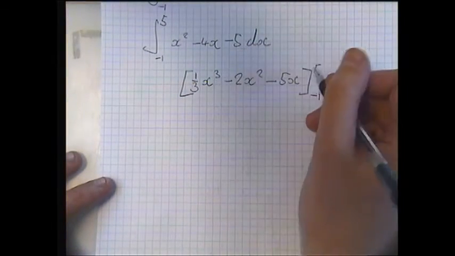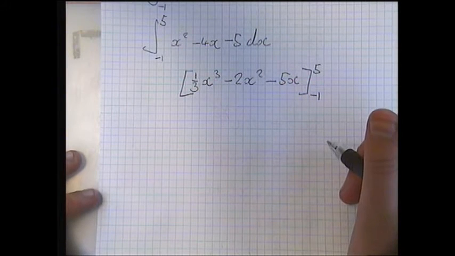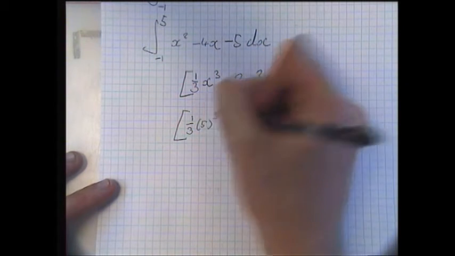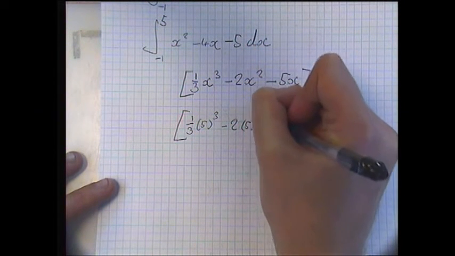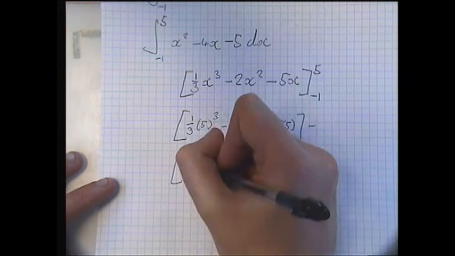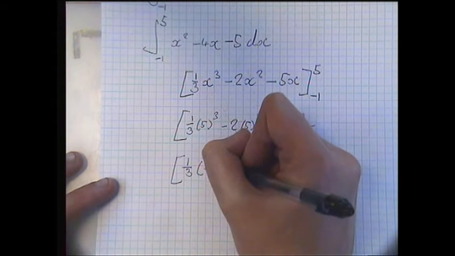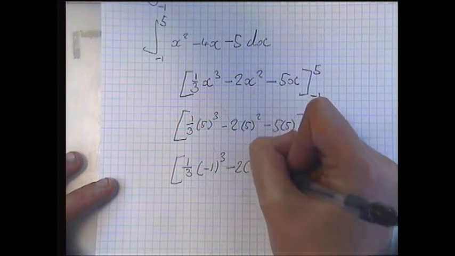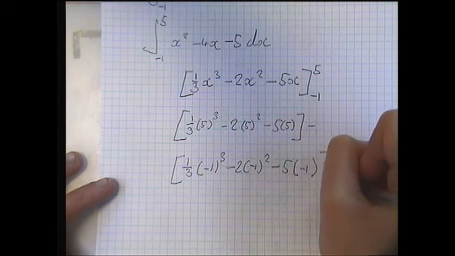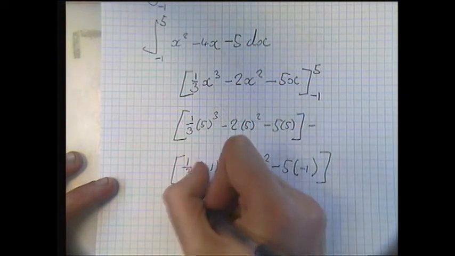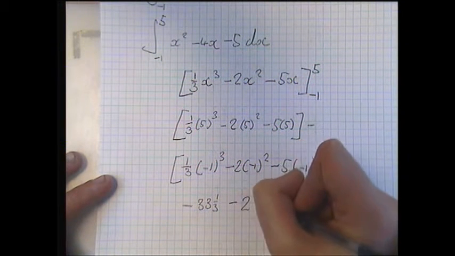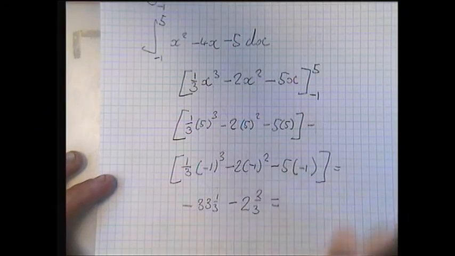So we need to evaluate at 5 and take away it evaluated at -1. So 1/3 of 5 cubed minus 2 lots of 5 squared minus 5 lots of 5, take away 1/3 of -1 cubed minus 2 lots of -1 squared minus 5 lots of -1. That comes out as -33 1/3 minus 2 2/3, which is equal to